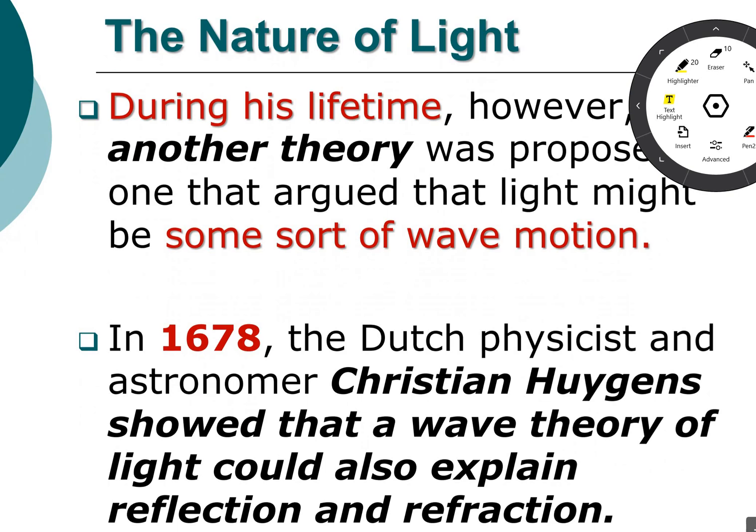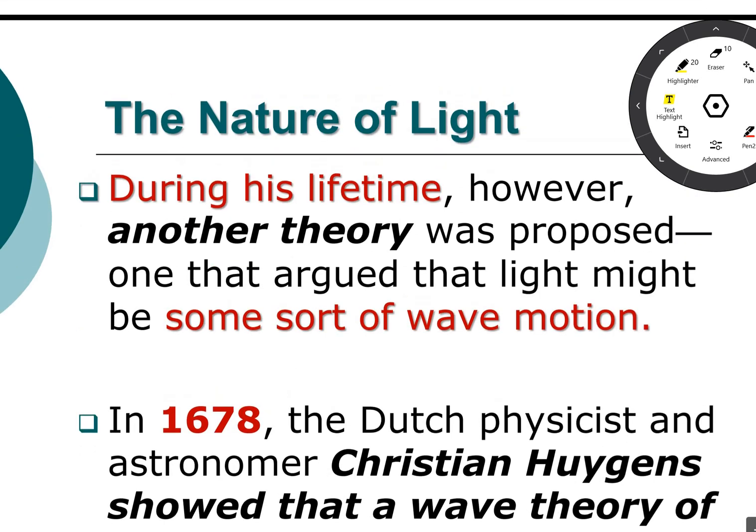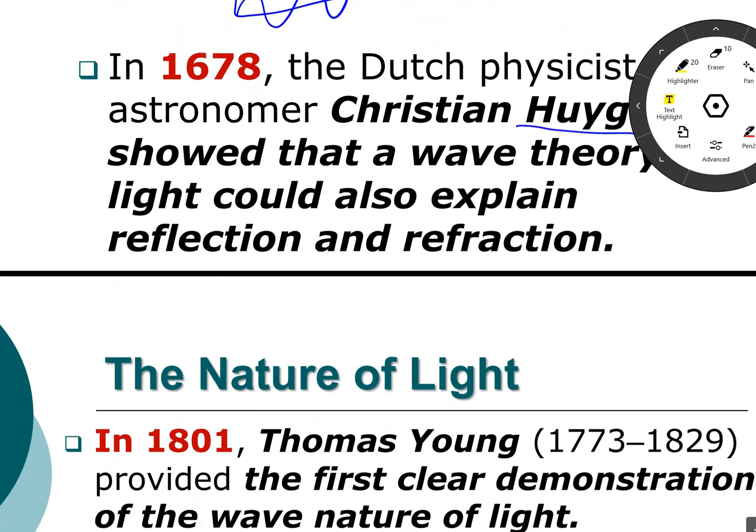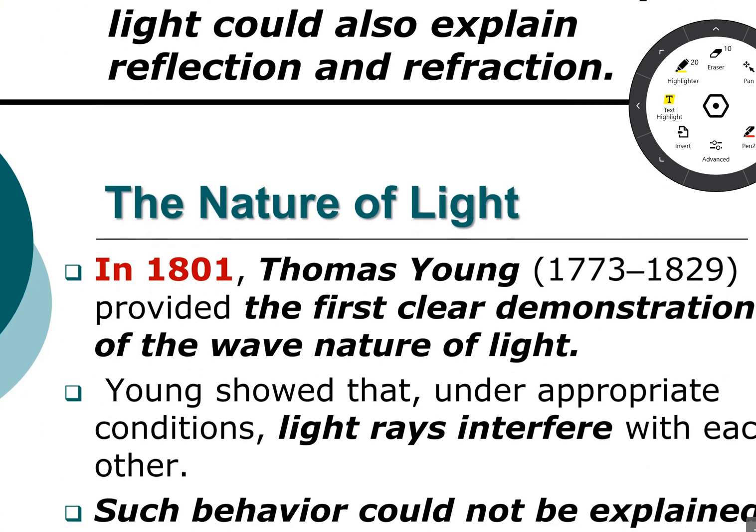But later, Huygens, a scientist, assumed that light could be a wave, that light has a wave nature. And as you know, this is the shape of the wave. And another scientist called Young